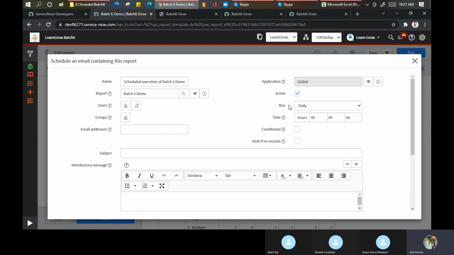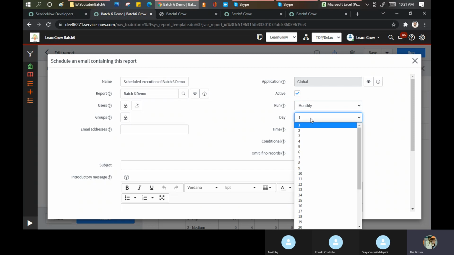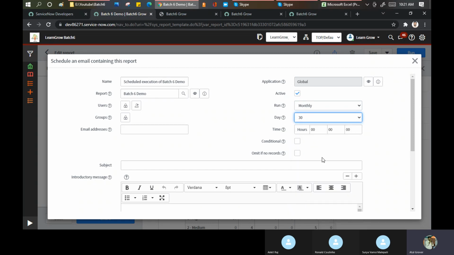Now I want to run this report, schedule: daily, weekly, monthly, periodically, once, on demand. Business calendar, entry, start and trend. मुझे नहीं पता दोनों क्या चीजें होती है, मैंने आज तक कभी यूज नहीं किया, but this thing we use. Daily, what time you want the report? Hours, minute, seconds. Weekly, which day of the week you want the report? Wednesday, what time you want? Same concept. No, Atul, I want monthly. Month के कौन से दिन चाहिए आपको? 30th. कौन से टाइम पे चाहिए? Put it here.